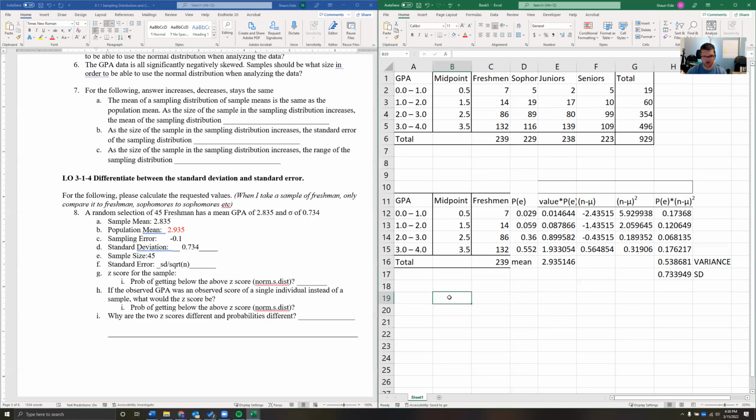And so we're going to come over here and do equals 0.734 divided by square root of 45. Okay, and so that is going to give us 0.109418. Okay, or really all that you need to do is go to 3. Probability of getting below. So we're going to do equals NORM.S.DIST, this right here, and then put comma true. This is the probability of getting below